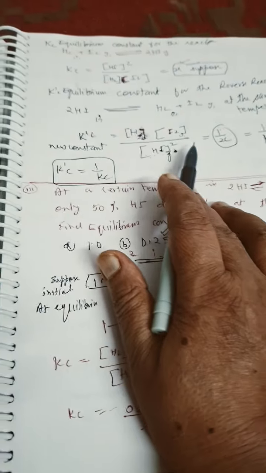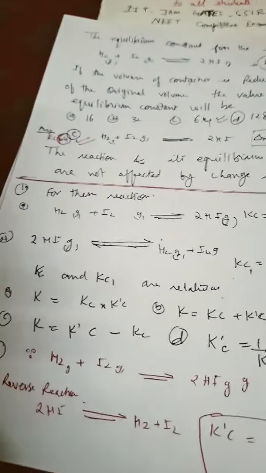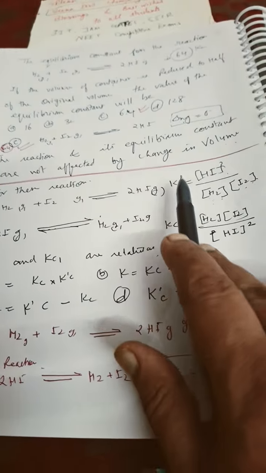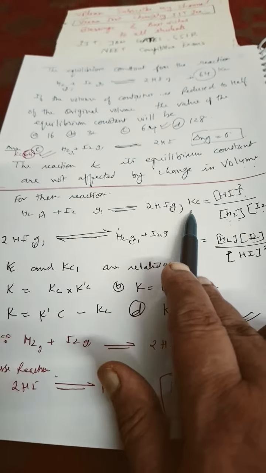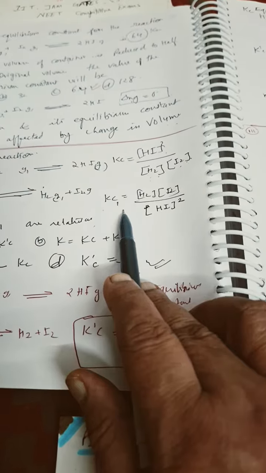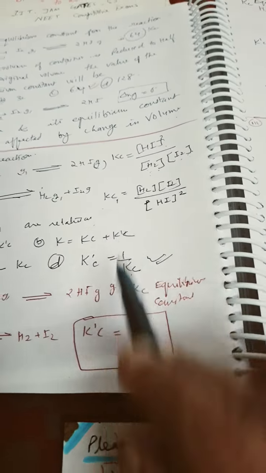And remember this tip: when a reaction is reversed, the new Kc is always the inverse of the first Kc. Okay, this is the given reaction. If we are reversing the reaction, the new Kc will be the inverse of the first Kc. Okay, so K dash c1 is equal